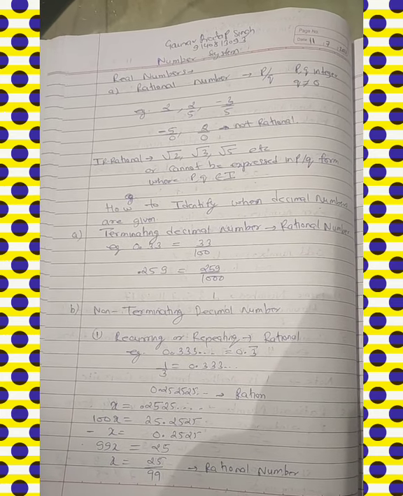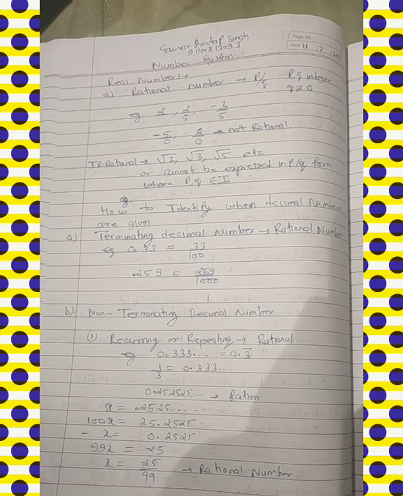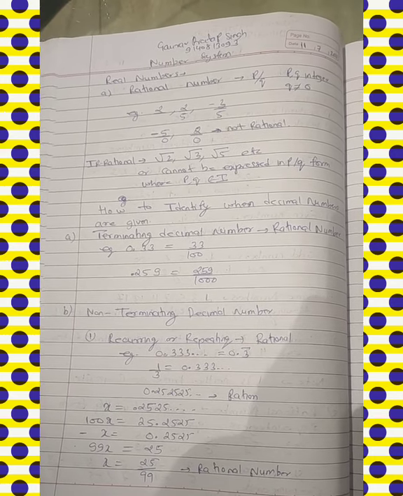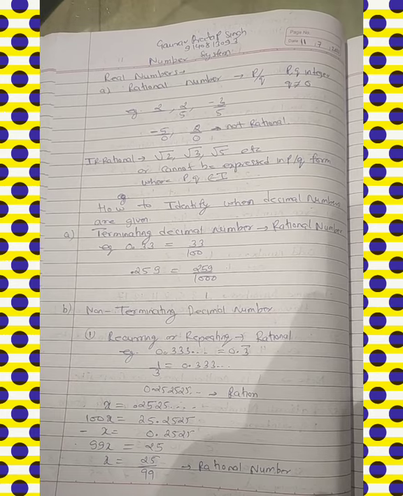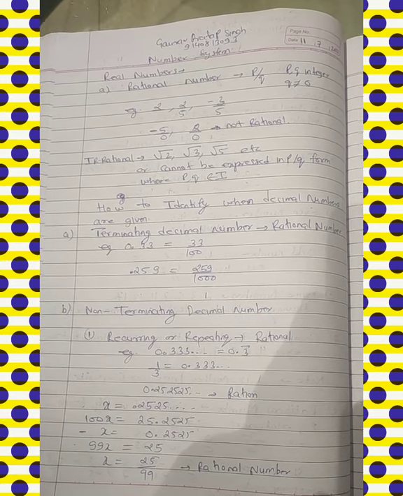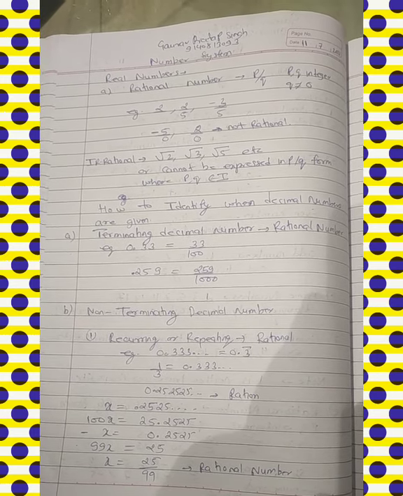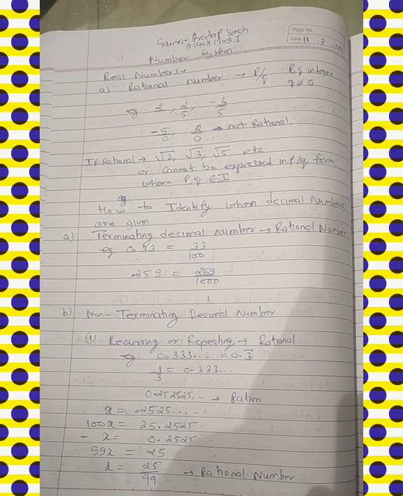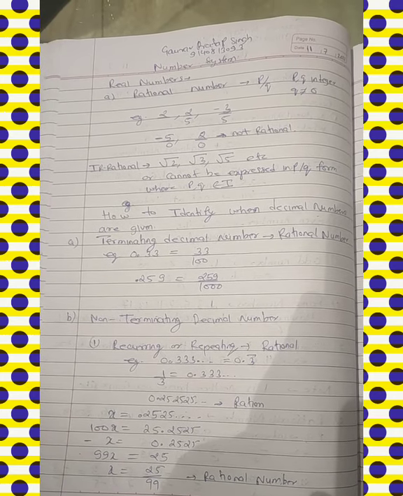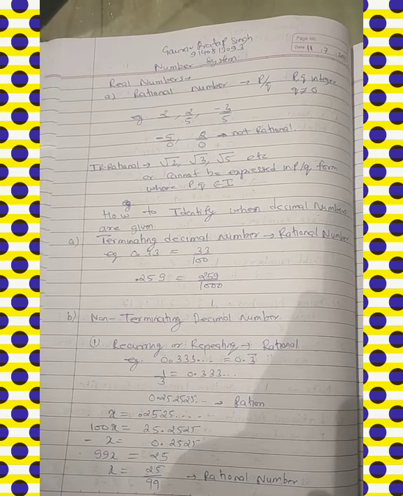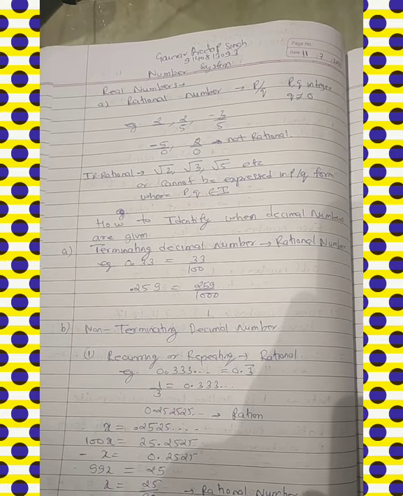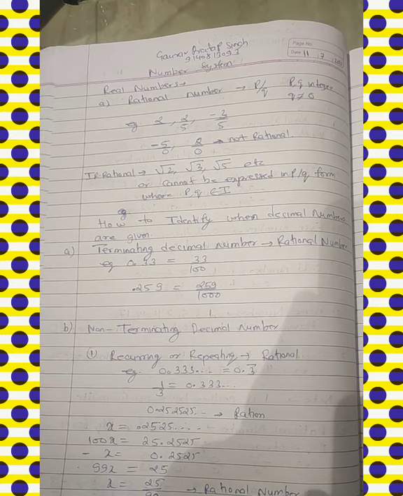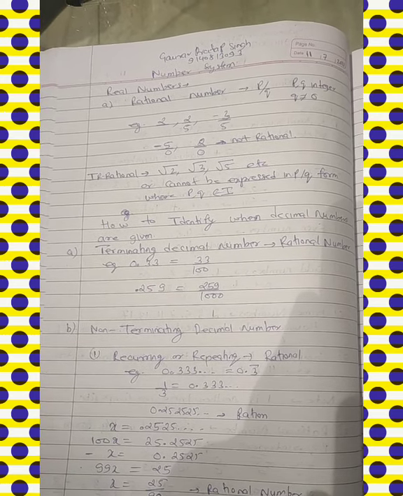Rational numbers are those which, as I said in the last video, can be expressed in the form of p by q, where p and q are integers and q is not equal to 0. Here I have given the example 2, which can be written as 2 upon 1, in the same way 2 by 5, minus 3 by 5. All these three are examples of rational numbers. But if you look at minus 5 by 0 and 2 by 0, they are not rational numbers because the denominator here is 0.